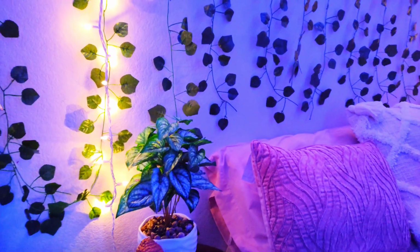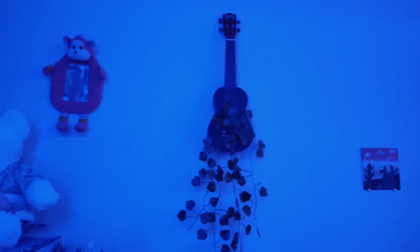Like we got vines, we got LED lights as you can see on the top of the room. We got plants, fake plants, because we can't really take care of real plants, and we have carpet, so if the soil falls on the carpet, that's a huge mess. And we bought, I think I already said vines. We bought a bookshelf,